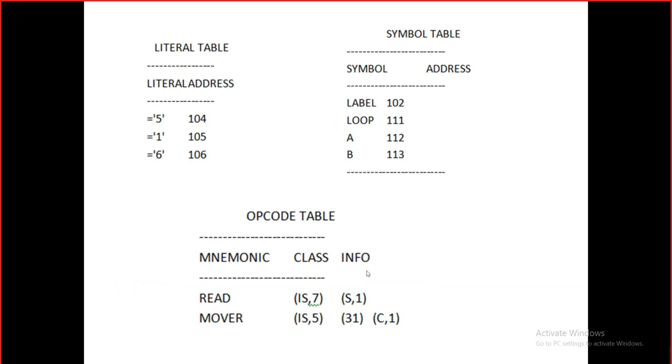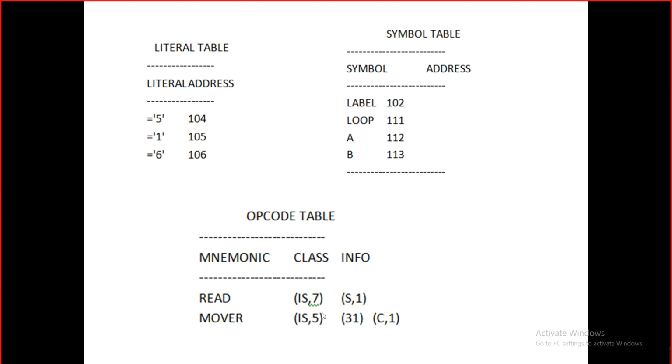Okay, you can see the format over here so that things become more clear. So in the literal table, I have the literal itself and the address, so I'm using a hashmap to store this literal table. Similarly, I'm using a hashmap to store the symbol table, the symbol itself and the address of that symbol. Fine. In the opcode table, you can see over here, I am storing the mnemonic itself, the class of that mnemonic in the second column, the operand 1 opcode in the second column, and operand two's opcode in the third column.